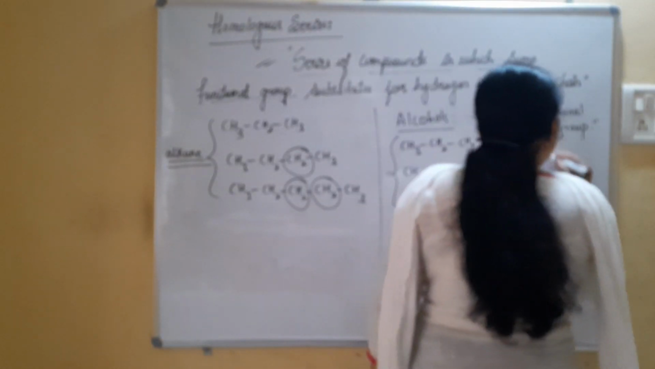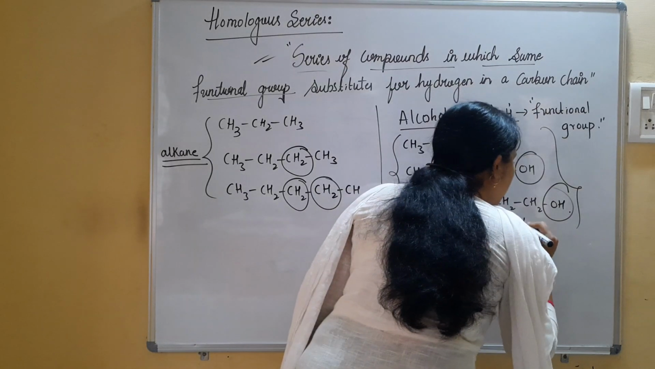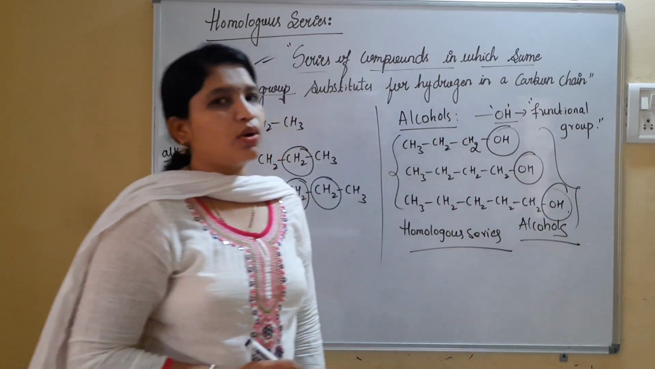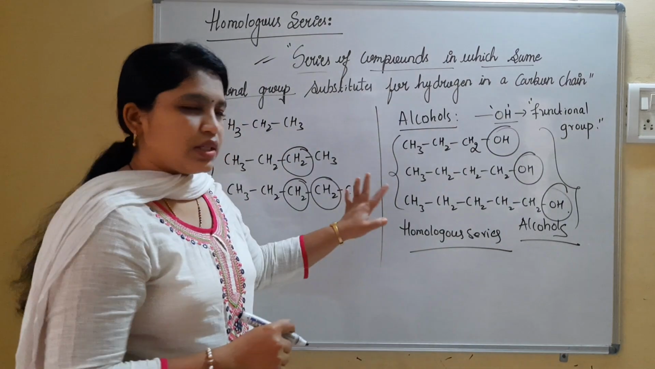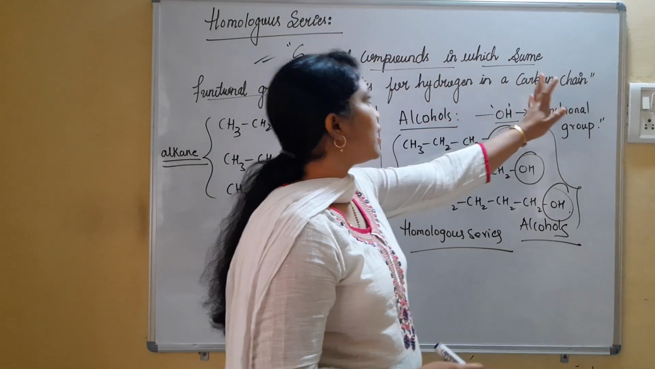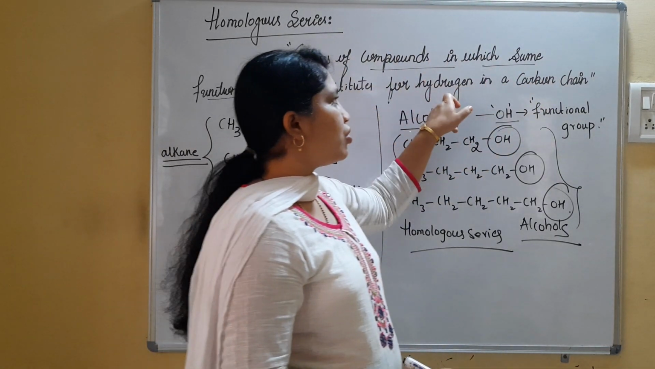Whereas if you consider these set of molecules, they are considered as alcohols. They are considered as what? Alcohols. So, such type of molecules, a series of compounds in which the same functional group substitutes for hydrogen in